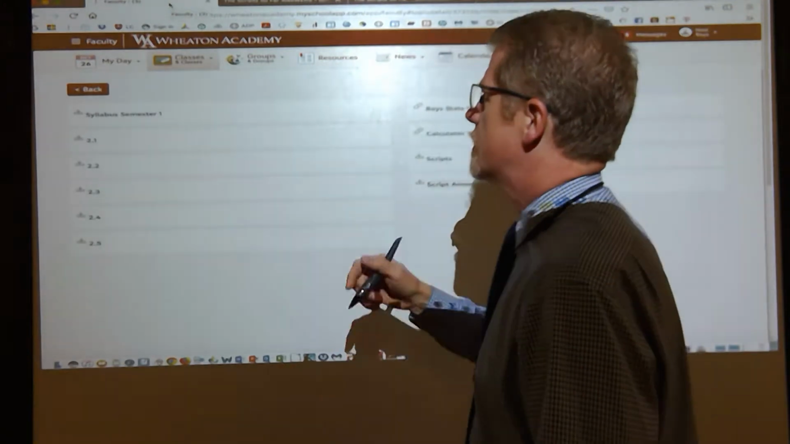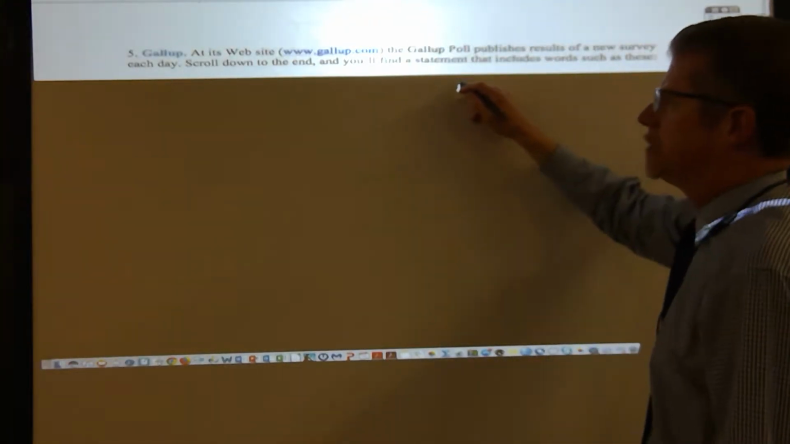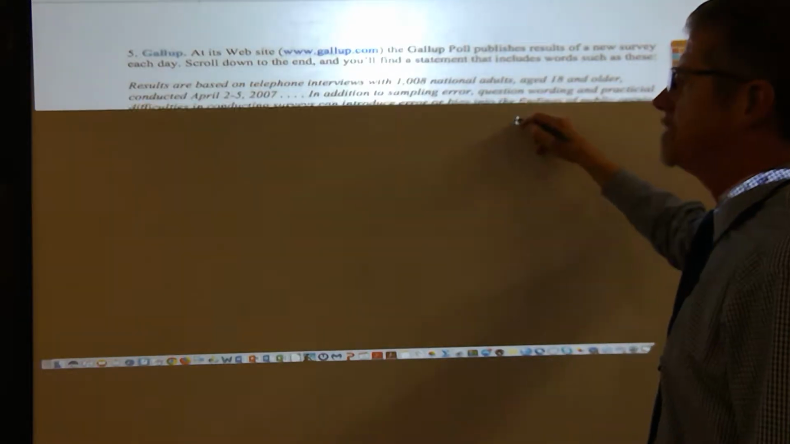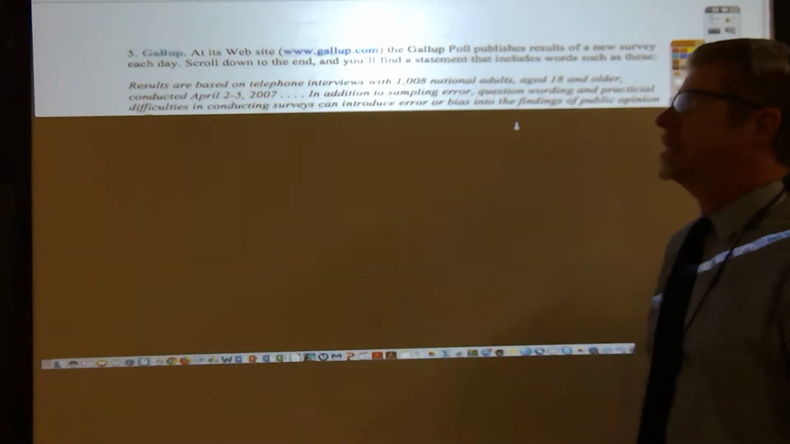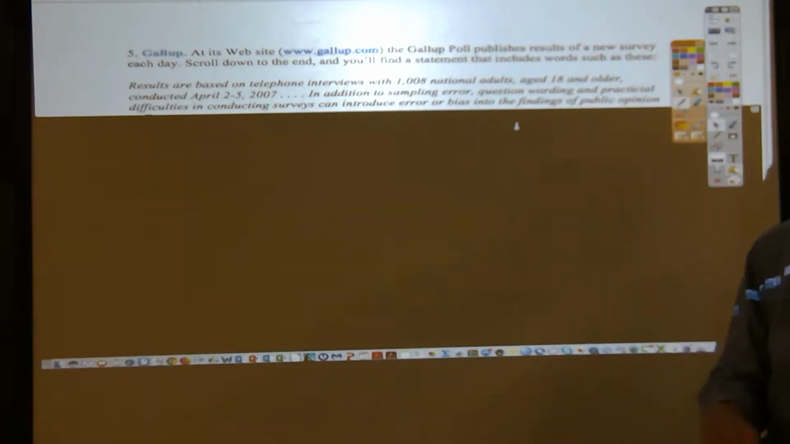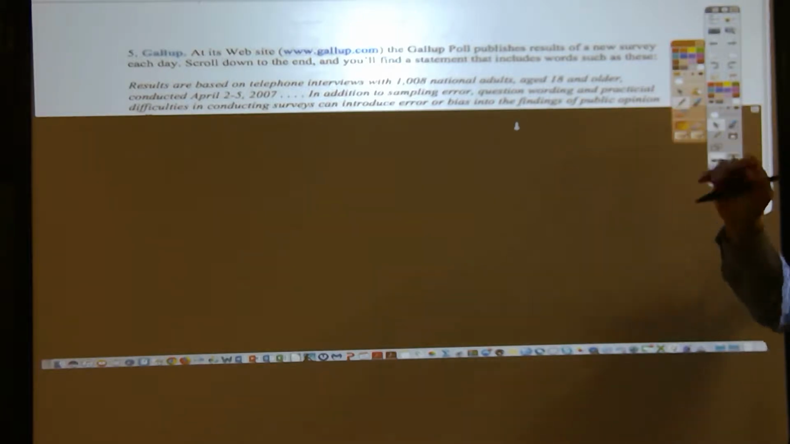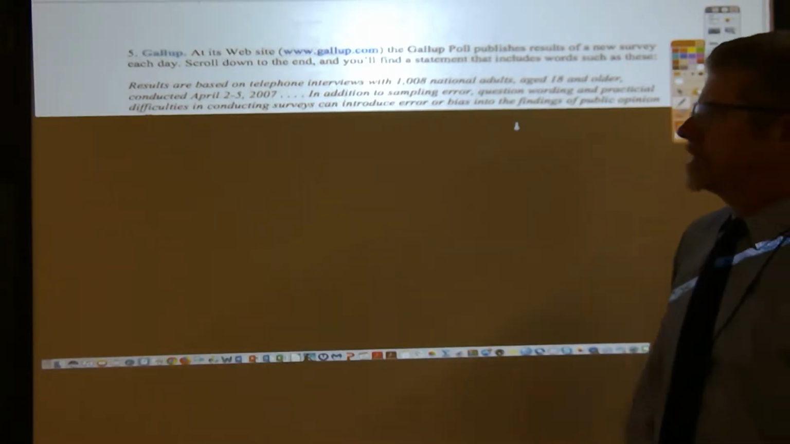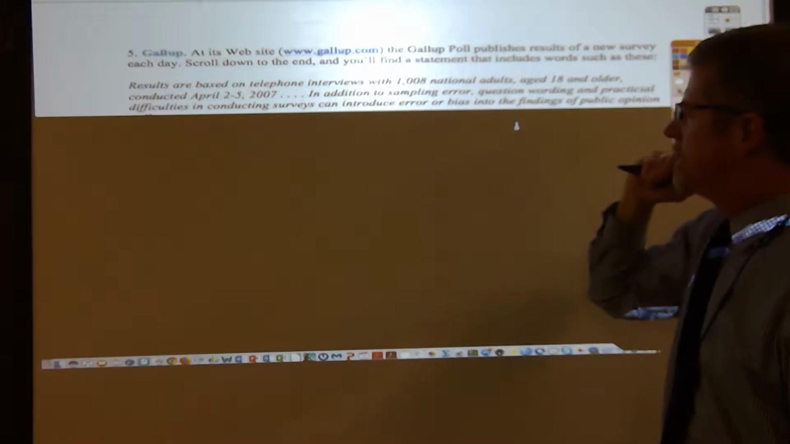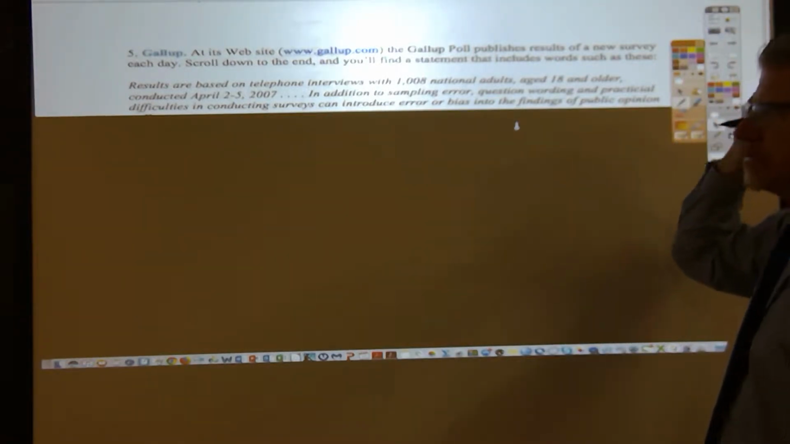So let's jump into where we left off on the lesson from Wednesday. We're on number 5. We're in the 5.1 lesson. Gallup, at its website, gallup.com, the Gallup poll publishes results of a new survey each day. Scroll down to the end, you'll find a statement that includes words such as these. Based on the results of telephone interviews with 1,008 national adults aged 18 and older conducted 2 through 7